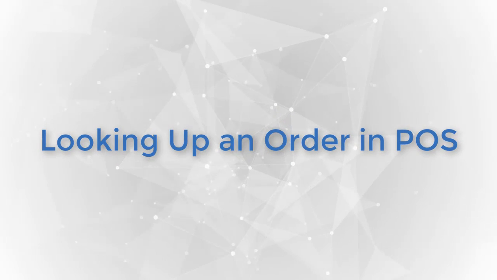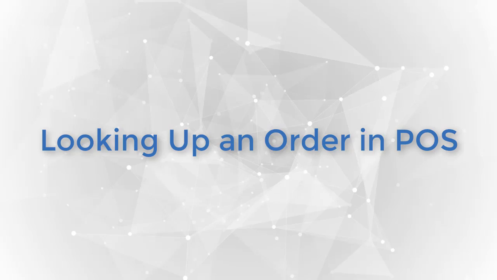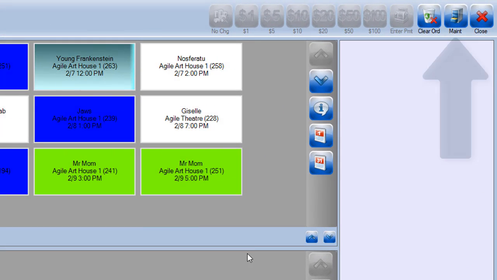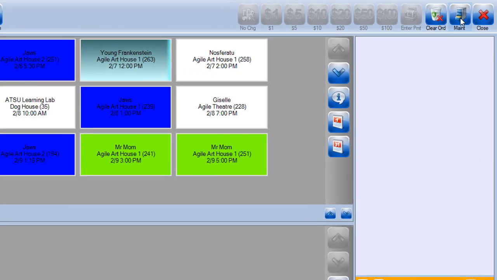Today we're going to go over how to look up an existing order in POS. There's a couple of ways that you can actually look up orders in POS. The first way is to go into the maintenance button here,